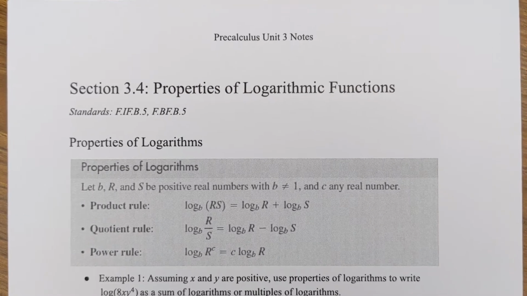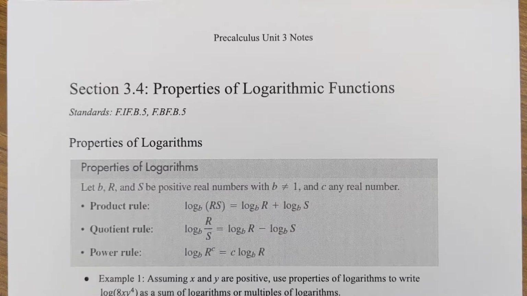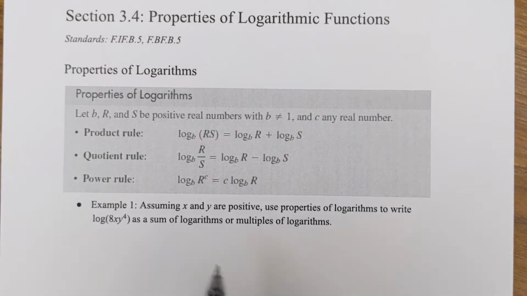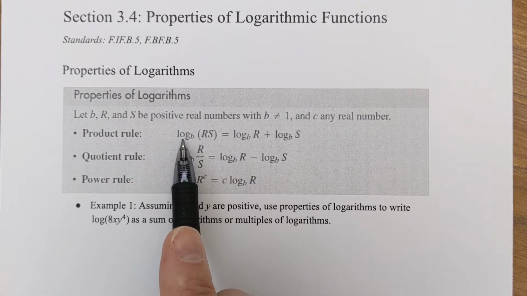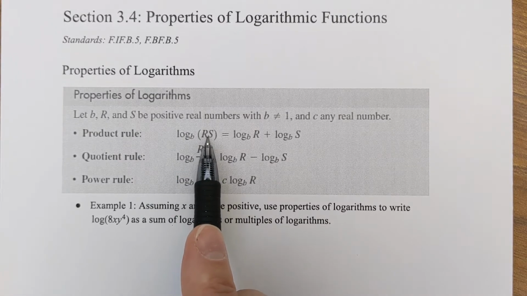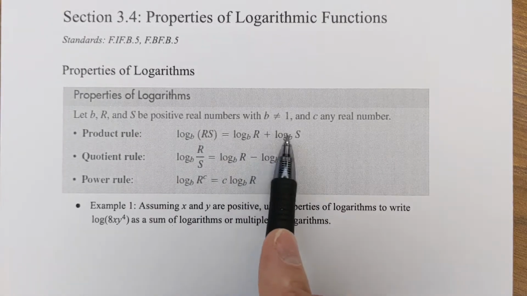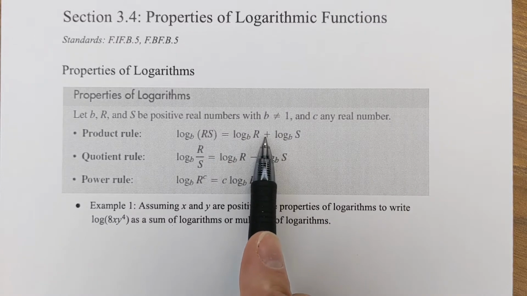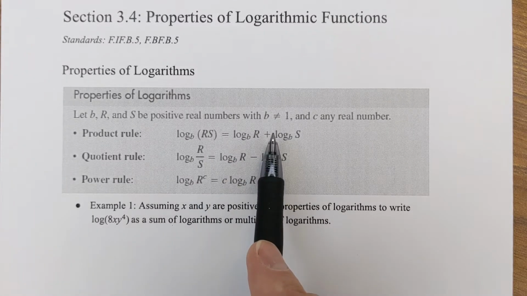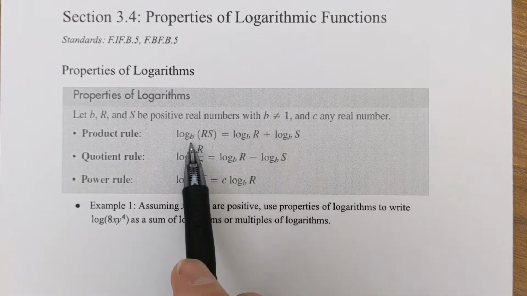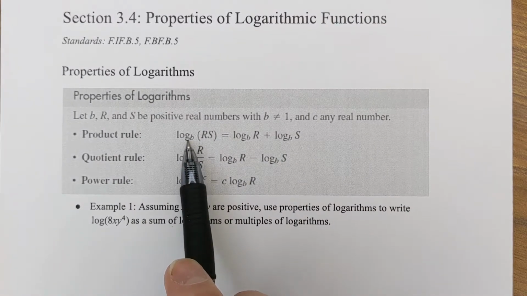Right, so we've got the notes for section 3.4, which is the properties of logarithmic functions. There are a couple of rules here. The product rule just states that if you're multiplying two quantities together, you can split them into separate logarithms separated by an addition sign. Usually these two rules are actually used in reverse. Usually you use them to combine two logarithms,